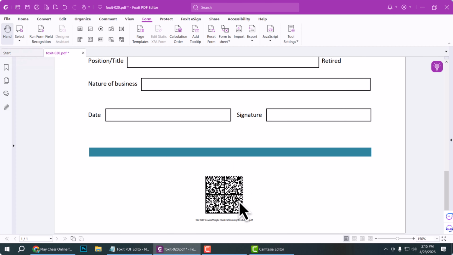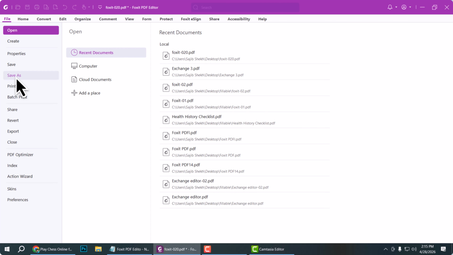And see, the data matrix barcode is now added, and finally select this file option, save or save as in the fillable